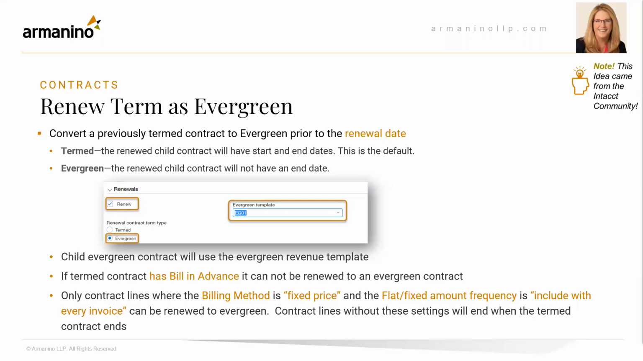So termed means that the renewed child contract will have a start date and an end date. An evergreen contract, the renewed child contract will have no end date. A child evergreen contract will use the evergreen revenue template if termed